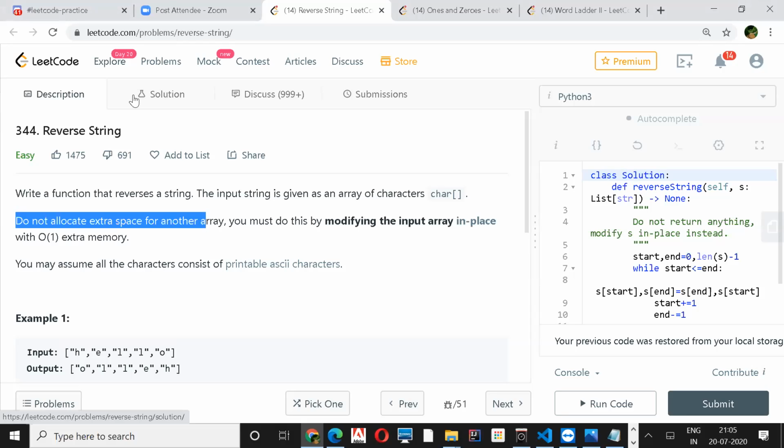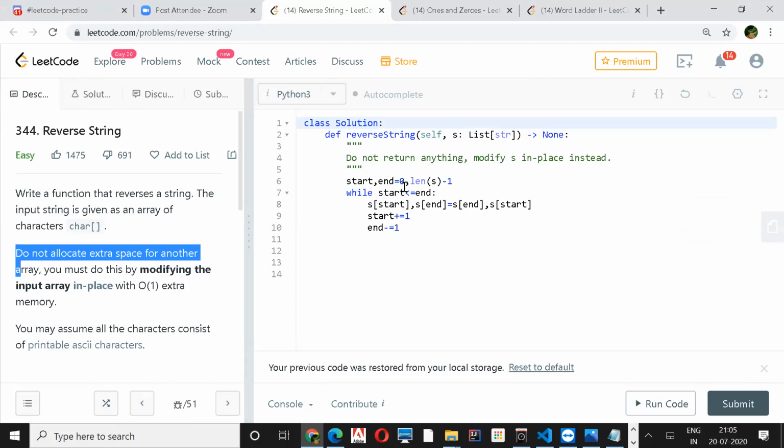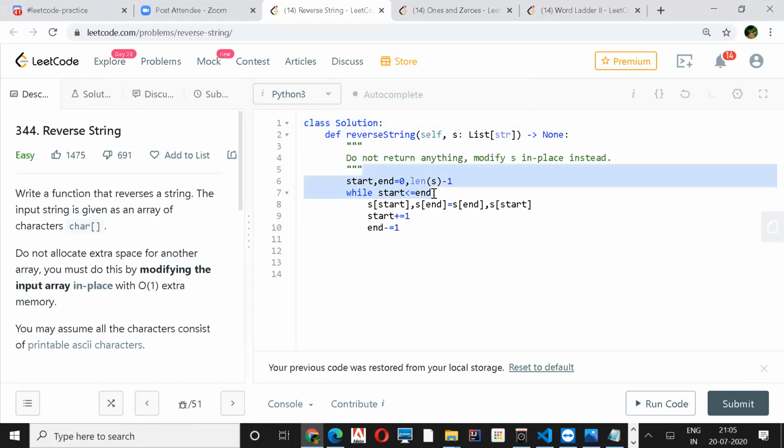So you want to share the code? It's the same: start and end. As long as your start is less than end, just keep on swapping and increase the start and decrease the end.